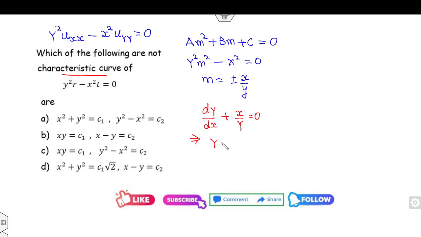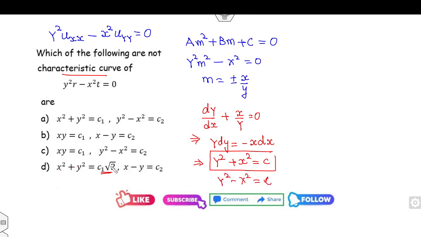So I can solve this. dy over dx is minus x over y. So what is the equation of this form? y square plus x square is my constant. Fine. So you can see x square plus y square is constant. But the second equation will be y square minus x square is constant. Fine. But it is x minus y, cancel. xy, but we need x square, y square. x minus y cancel. Both are my correct. So A is my right answer of this problem.